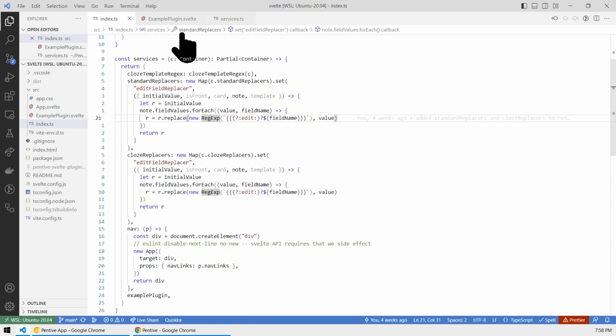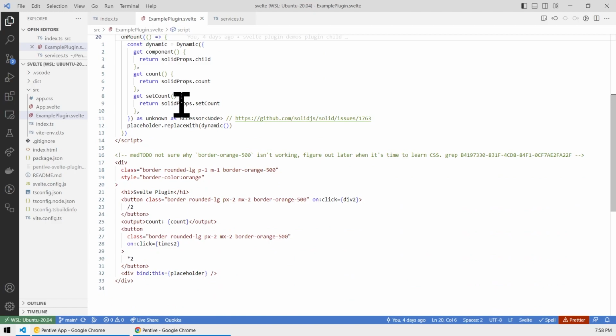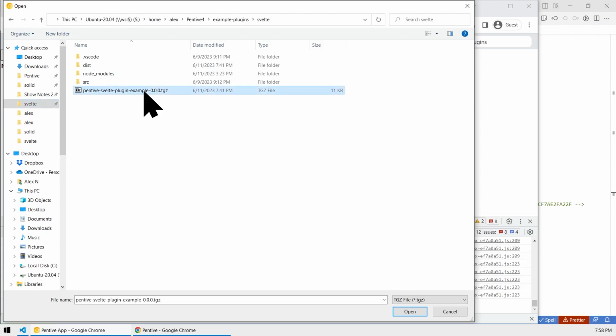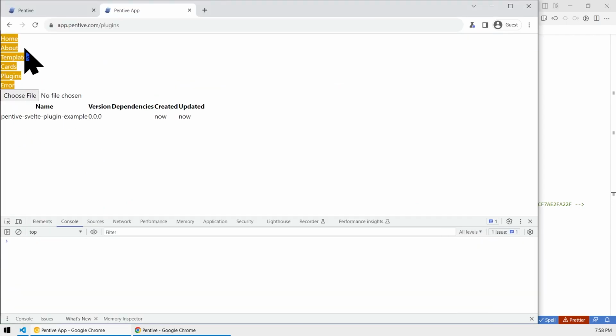And I want to show off the example plugin here, which is going to be the DOM element that's going to be mounted that I showed earlier. And so here's some HTML that's going to be shown, and here's the placeholder where it's going to mount the child component that I'll show later. So let's go ahead back to here, import the plugin, refresh the screen, and boom, you can see like immediately